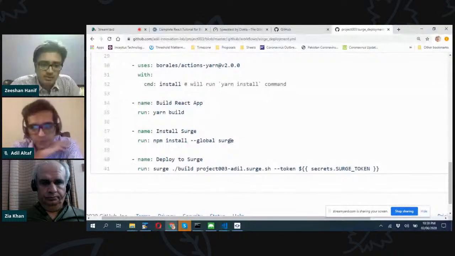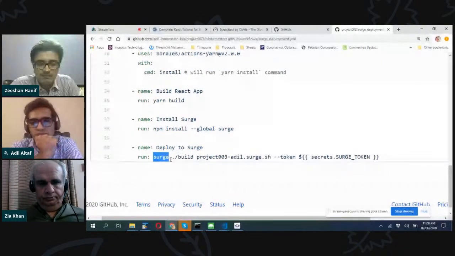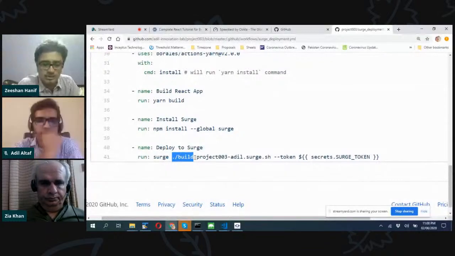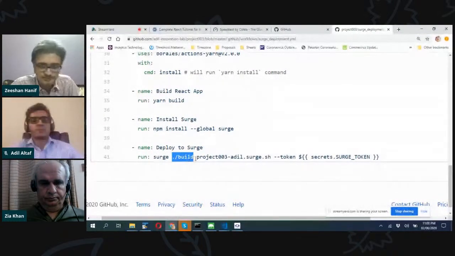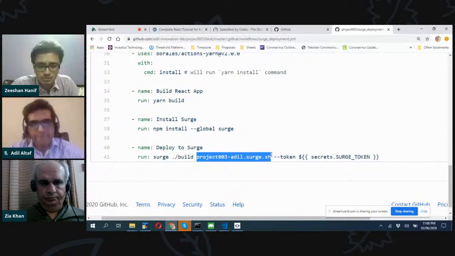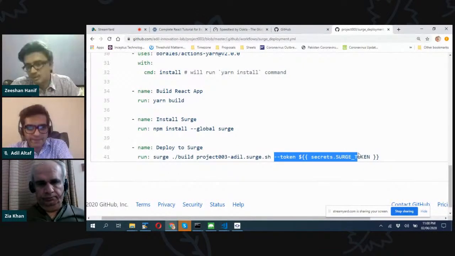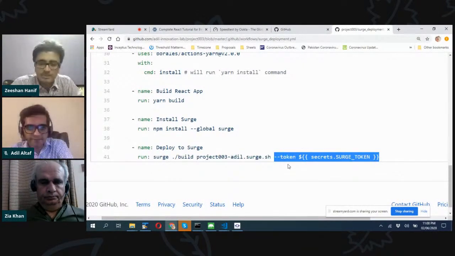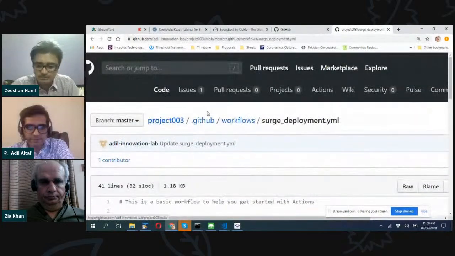Then what we are doing is the deploy search command, and we are mentioning the folder which has the deployment code. So the /build has the deployment code. Then we are mentioning the URL, the domain to which we need to bind. Then the token, because we are using GitHub Action, we are not doing it on our machine, so there is no search login, so we need a token over there. So once it is done, as you see,